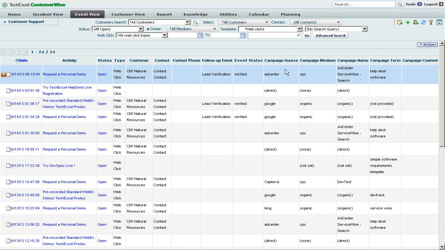So let's assume I'm a customer, a person who is interested in, for example, ServiceWise. So I open up a browser, type in ServiceWise as a keyword, and do a search. Generally, Google will give me a list of results. On the top of that page will be the paid ads, and followed